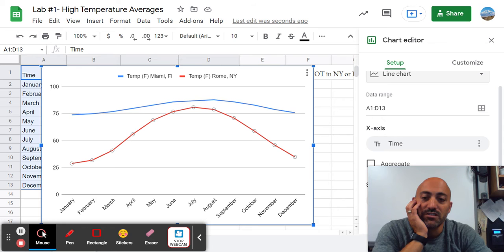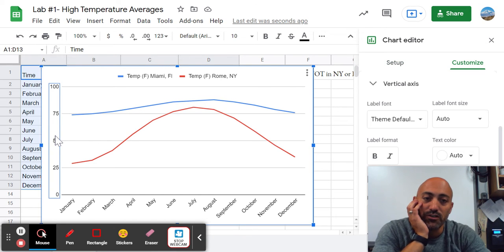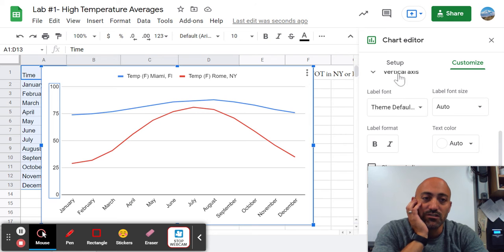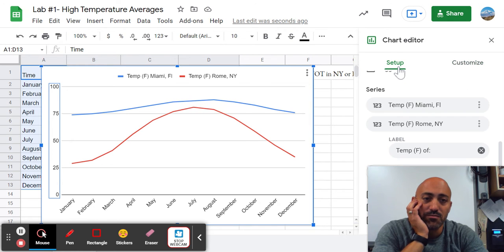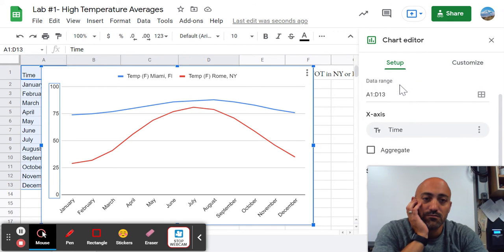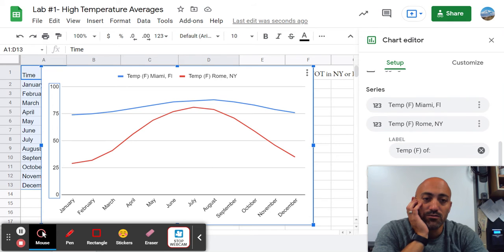Now there's a couple of other things that we want to do to make a line graph really good. First thing, if we double click over here, our vertical axis doesn't have a label. Okay, so to change our label, we go to Setup, and we go to,